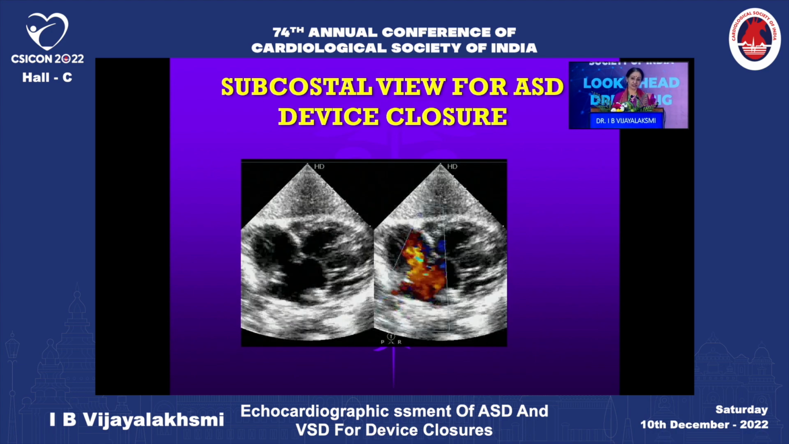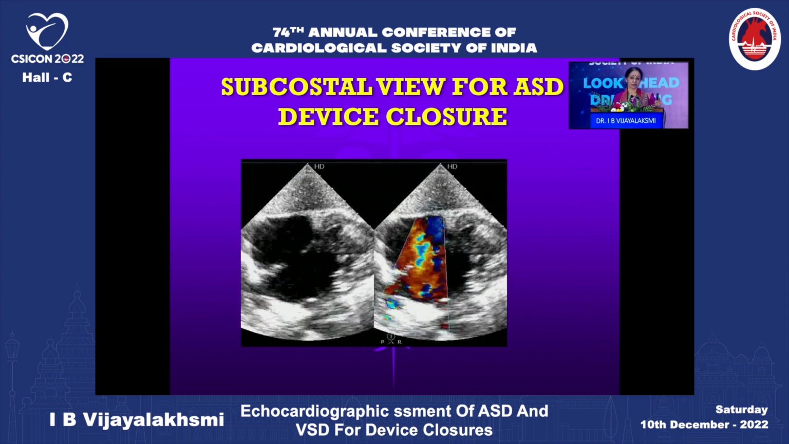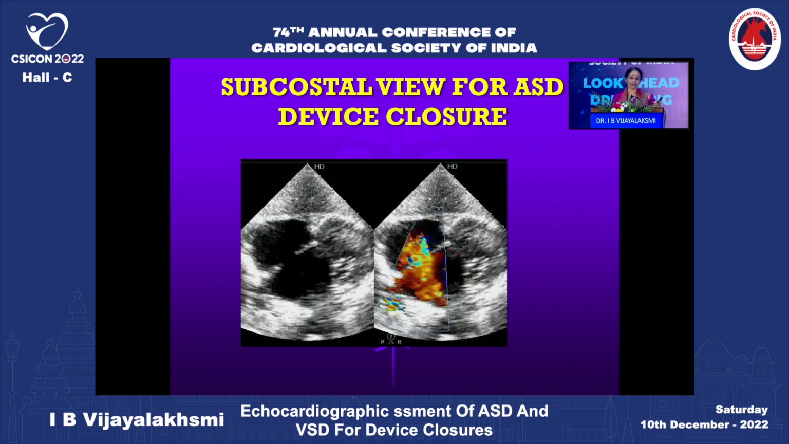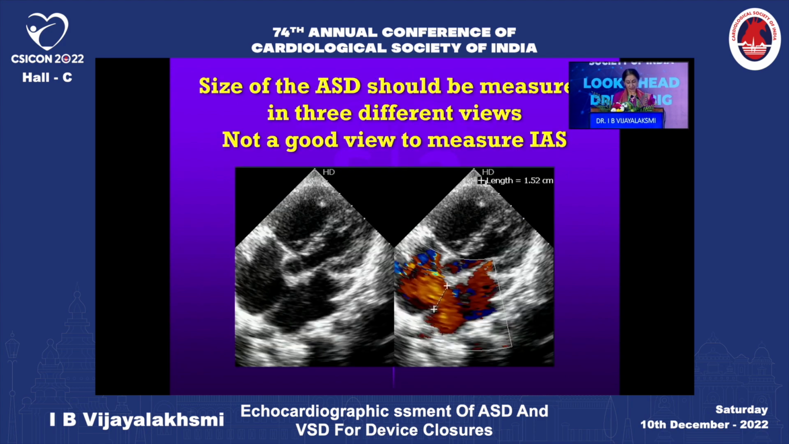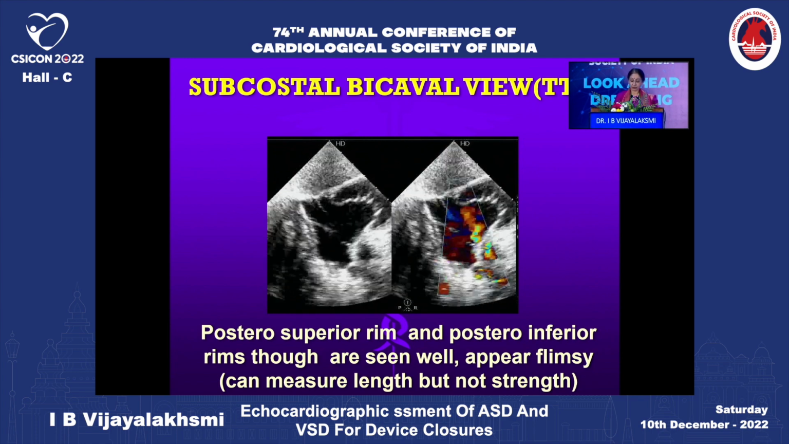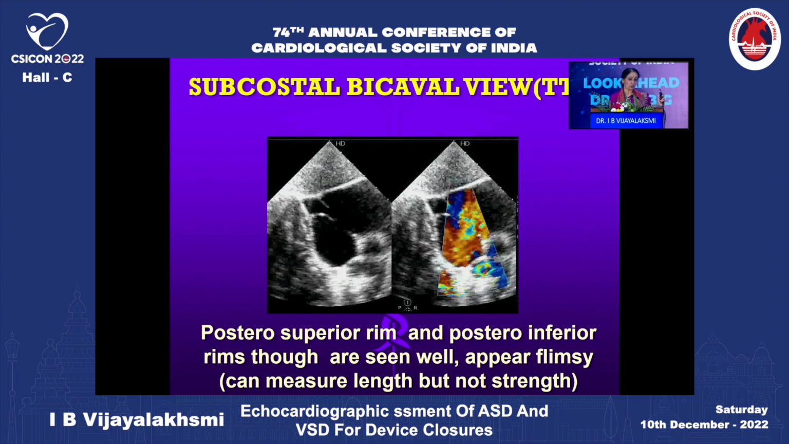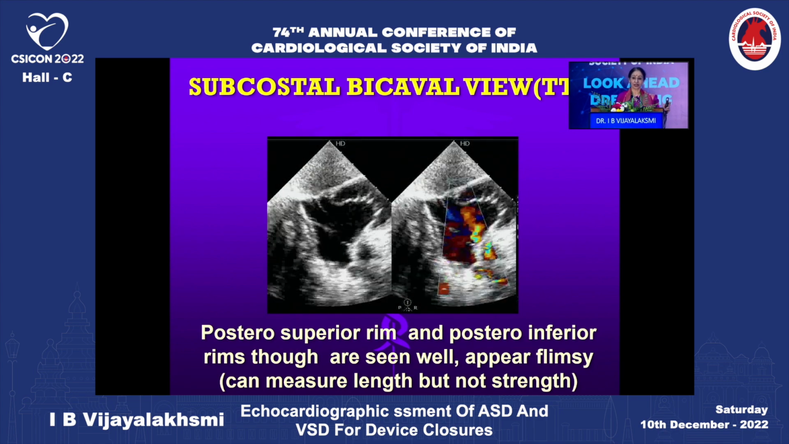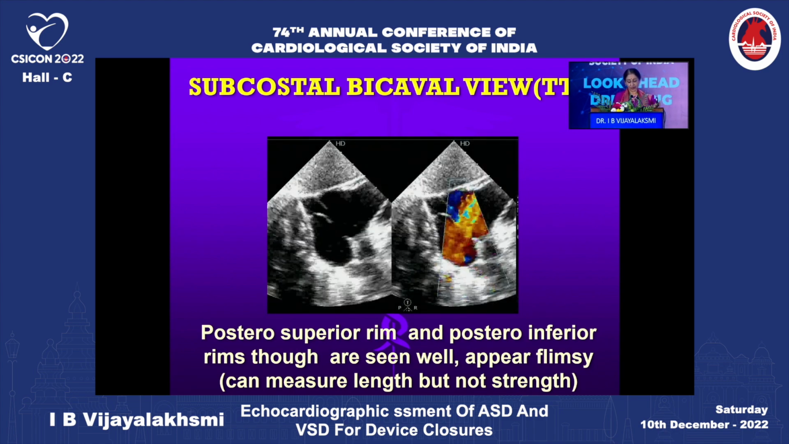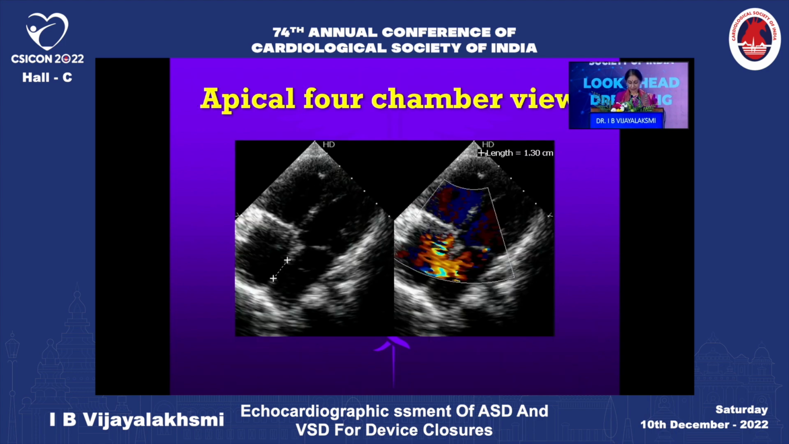It's not that you take the device according to the size of the ASD; you have to add 7 millimeters on either side, so 14 have to be added. So the intraatrial septum is measured here. And this is not the right way to measure the ASD. In fact, we have to measure it in the subcostal bicaval view. And this is almost like the transesophageal echo. This is the best view to get the superior rim, inferior rim, as well as the length of the